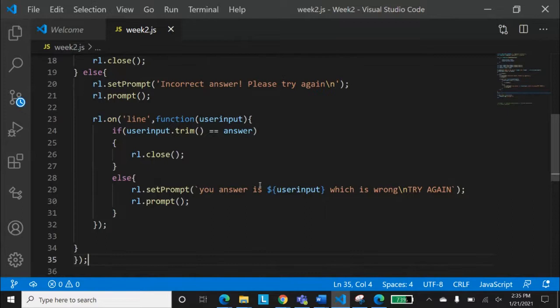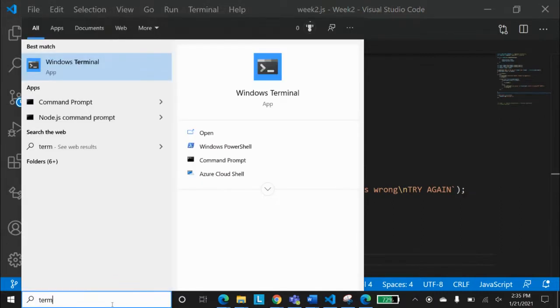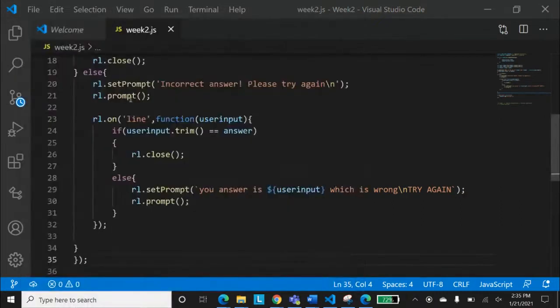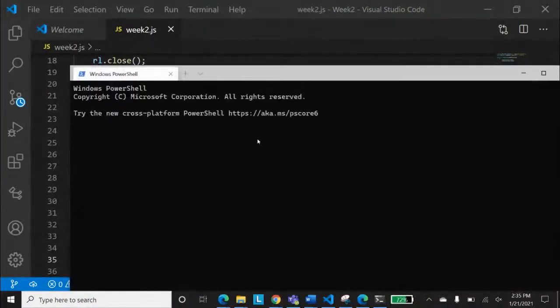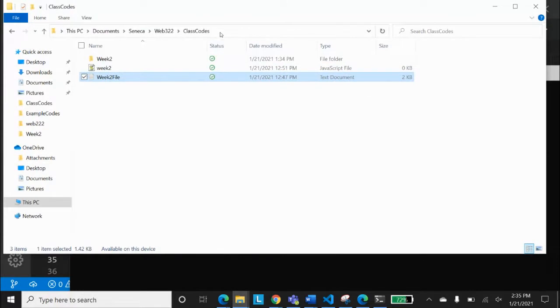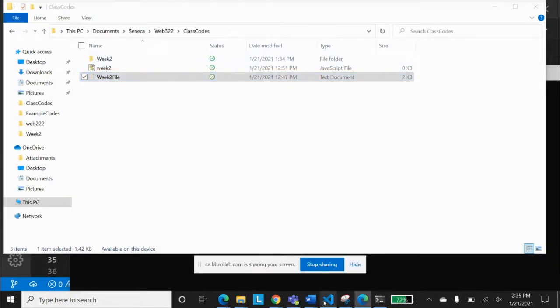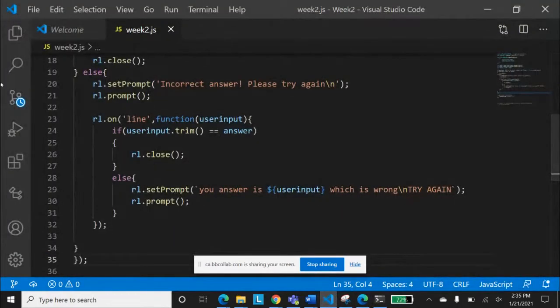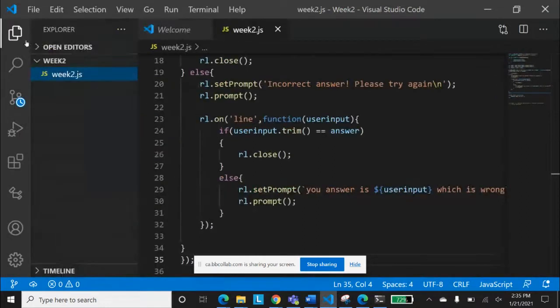So we have this program, and we have run that program. I'm saving it right now, and I'm going to run it on our server as well. First of all, we can access our folder using the terminal. I'm accessing this folder using the terminal. Which folder of this class's code am I using right now?